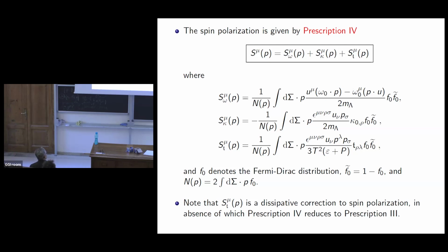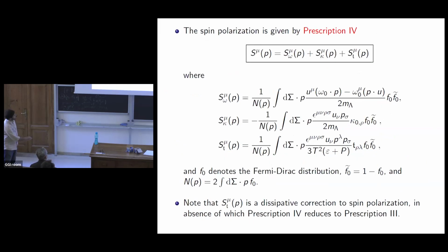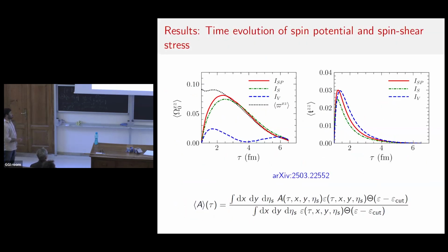I cannot see the difference. Once you show that the spin potential converges to the vorticity, the question is whether you have a difference in this. So this is not the freeze-out hypersurface. I agree. The freeze-out contribution has to be integrated over all the times. This is tau, the Bjorken tau, right? So the freeze-out hypersurface, more or less.